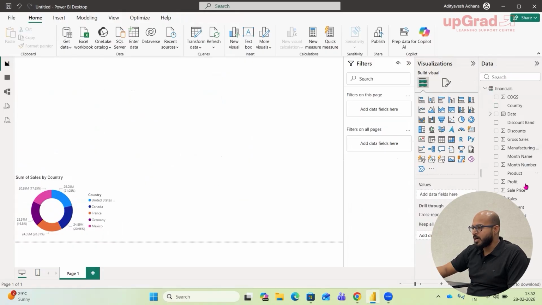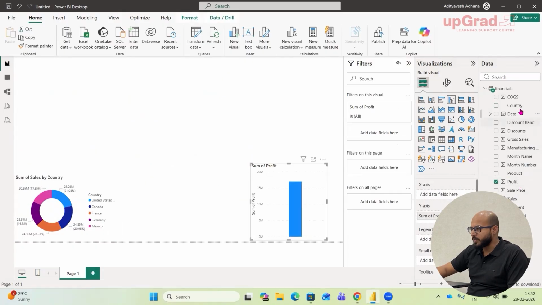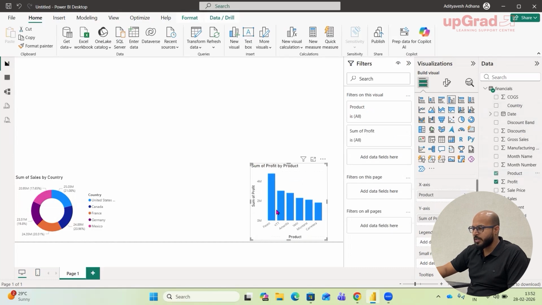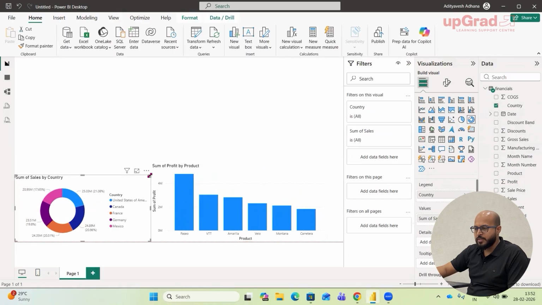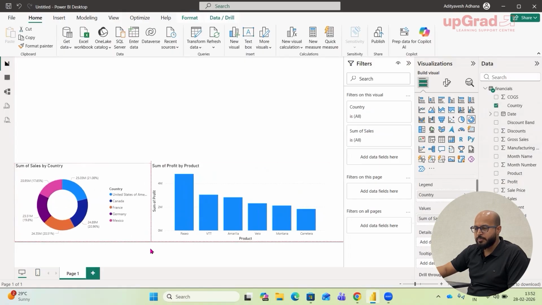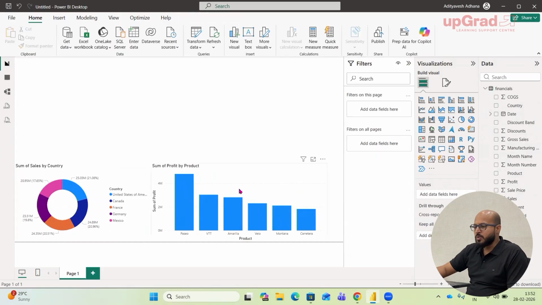Now let's create another chart. For profit, we wanted to see product-wise profit. So I'm just creating another chart here. Let's take the product here. You can see this is the product-wise profit. Two charts we have created. We just have to place them properly. The placements we have to do, right? One is the column chart on the product. So we can say that this product is giving a good amount of profit to us.